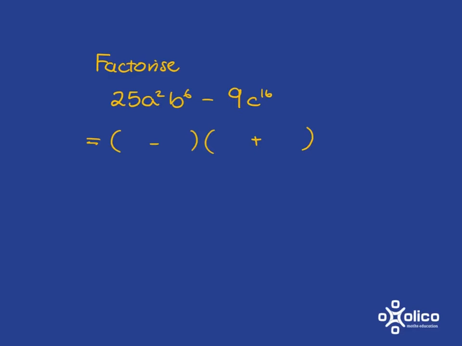So we're asking ourselves what multiplied by itself will give us 25a squared b to the 6. Well, we know it has to be 5 multiplied by 5 to get us to 25, and a multiplied by a to get us to a squared. For b to the 6, we want to end up with 6 b's multiplied together, so in each of these we need 3 b's multiplied together. So we get 5ab